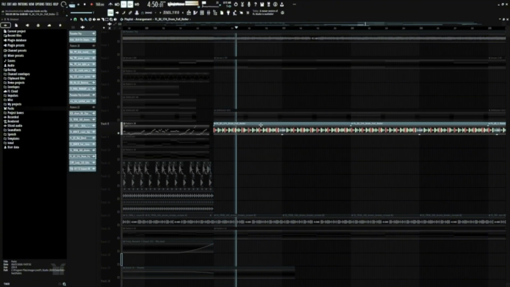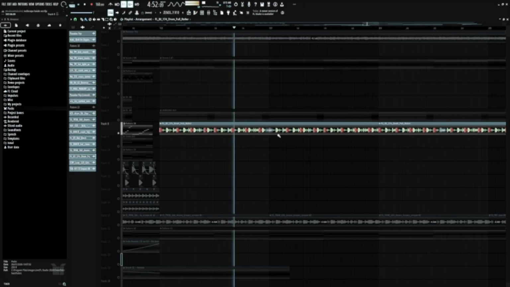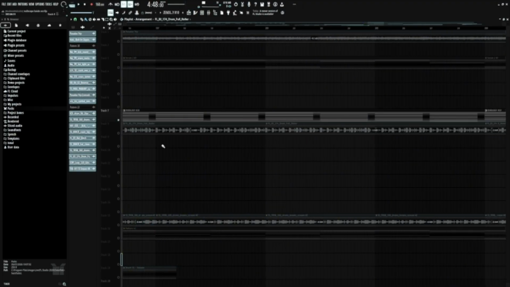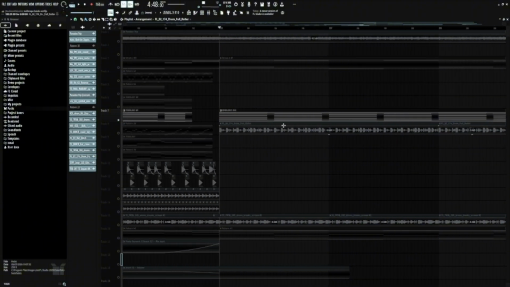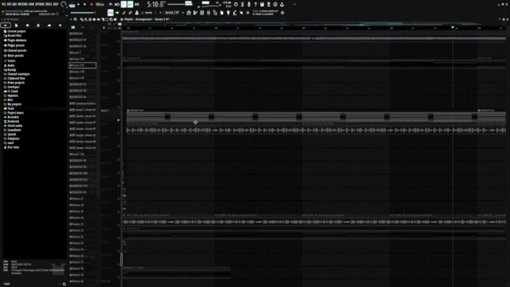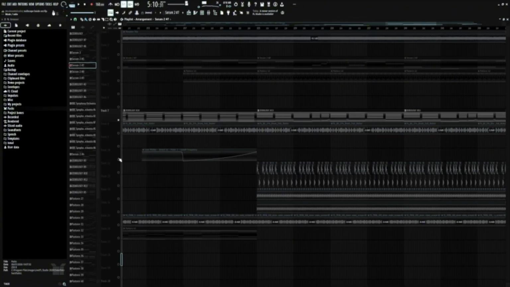This drum loop here is completely new. And then we have the same pad, just playing at a different octave and a different bass line. Standard stuff.